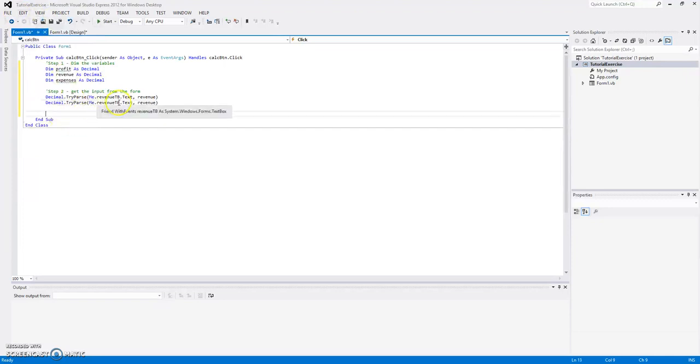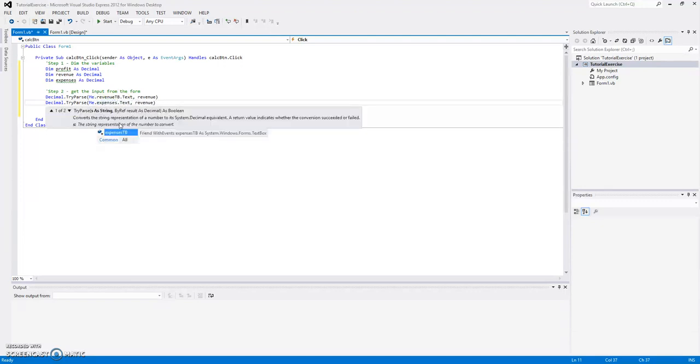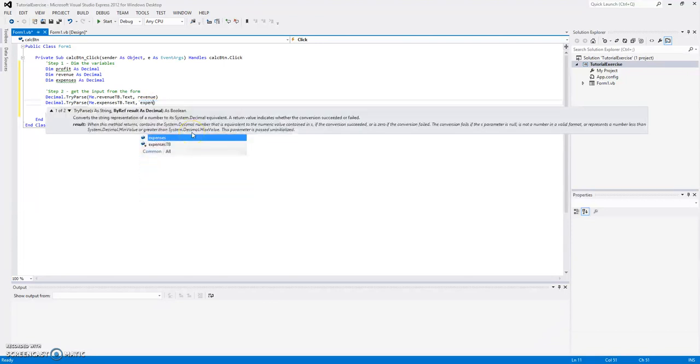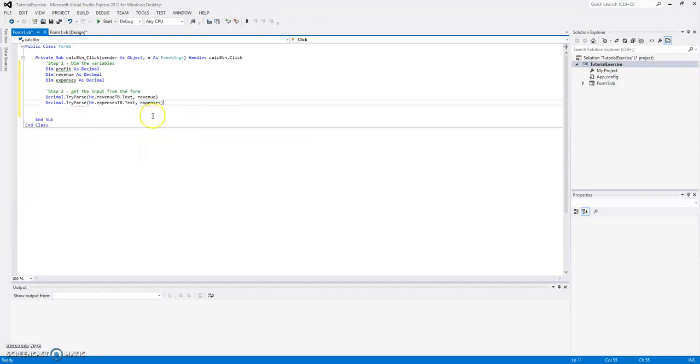And we're going to do, we did revenue, we need to do expenses. Right there. And this time we don't want to store it in revenue, we want to store it in expenses. See why naming is important? So we don't get confused. Okay, now we'll just say, step 3,